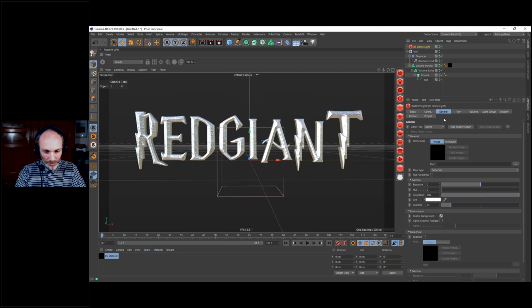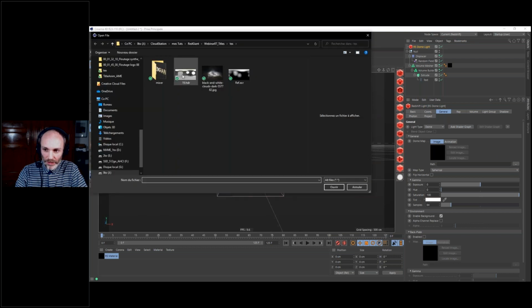I always use a dozen of HDRIs, always the same. And the one I'm going to use is this one. This is a very well-known HDRI, used by a lot of people, and it's a studio where we have two lights and a cyclorama, a backdrop, to have some nice reflection. So let's load it.